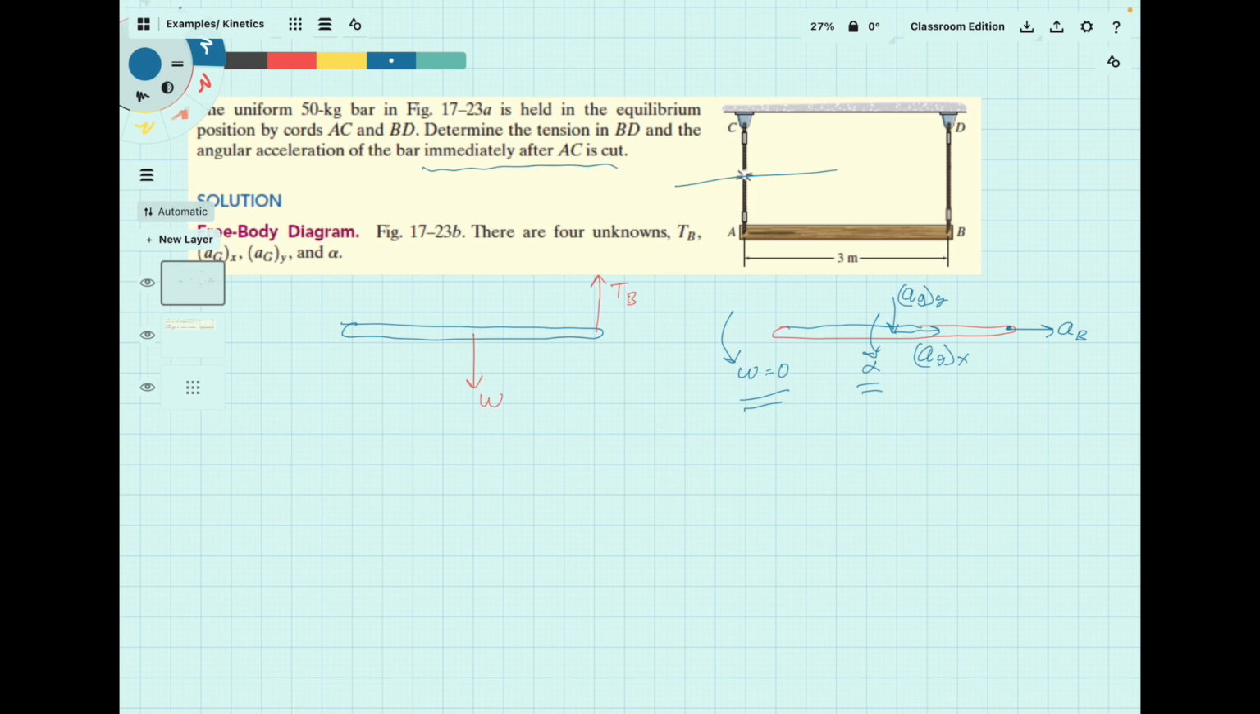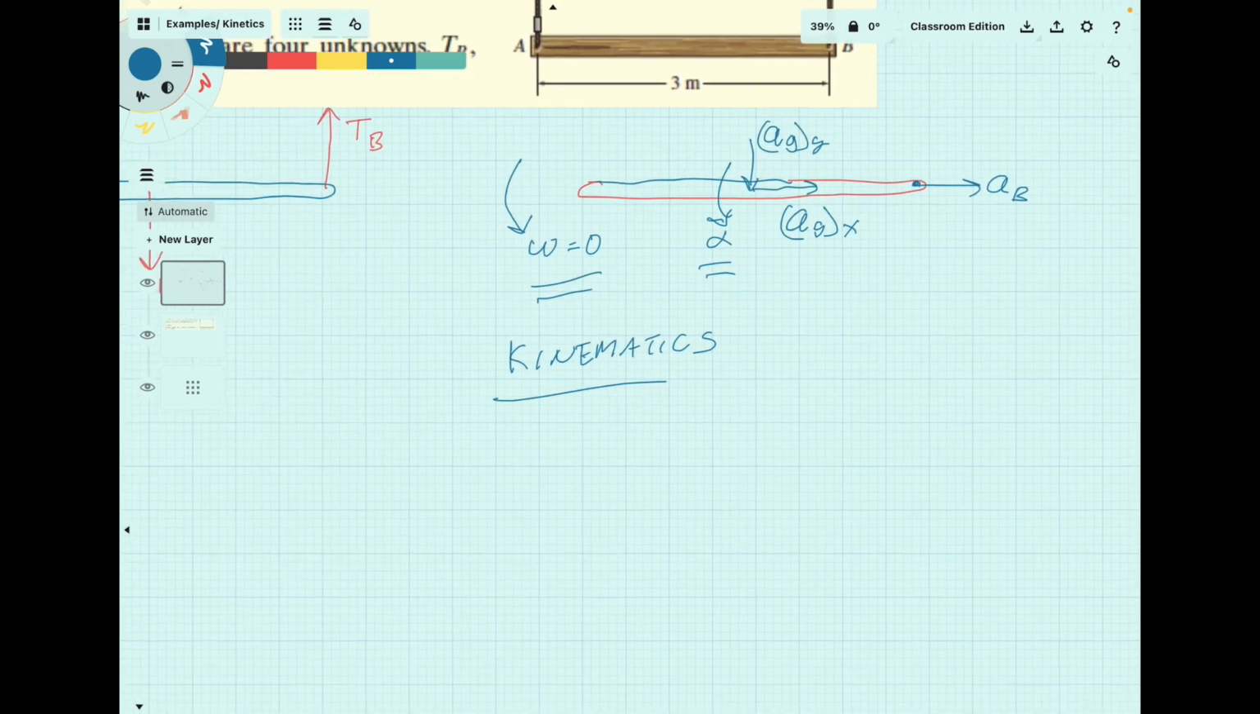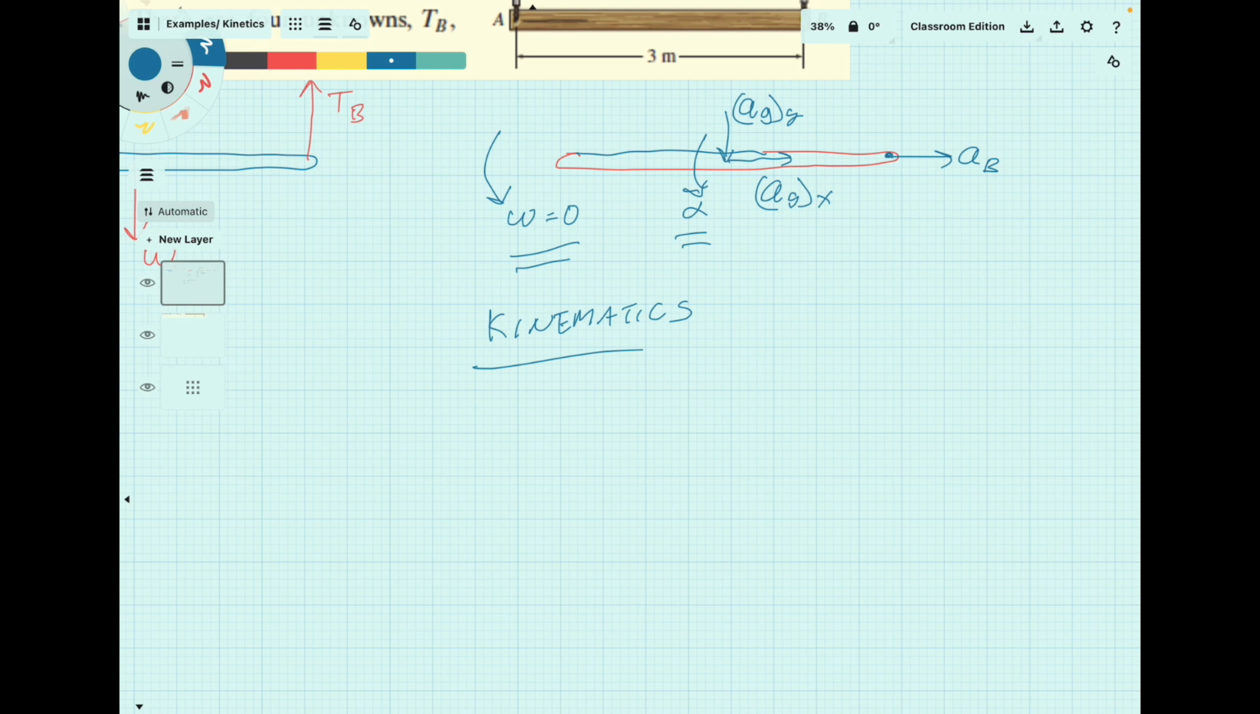Okay, this one's got a little bit of kinematics as well as a little bit of kinetics, and let's just start with the kinematics for this one. We can treat this with the relative acceleration equation that we've used when we were looking at rigid body kinematics, and we're going to write it out as AG is equal to AB